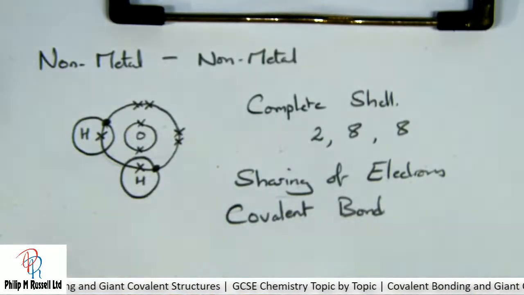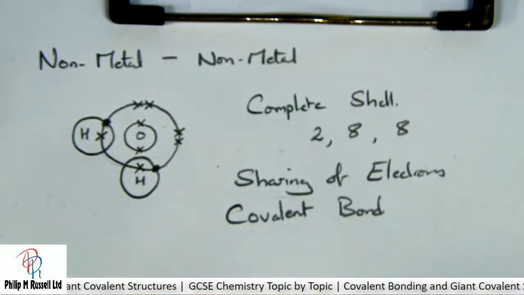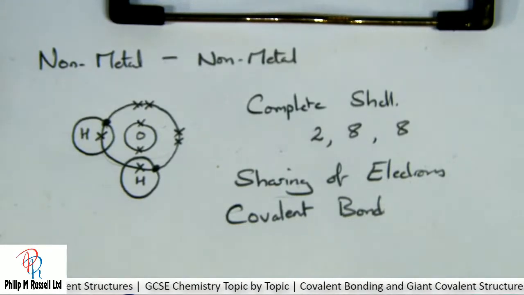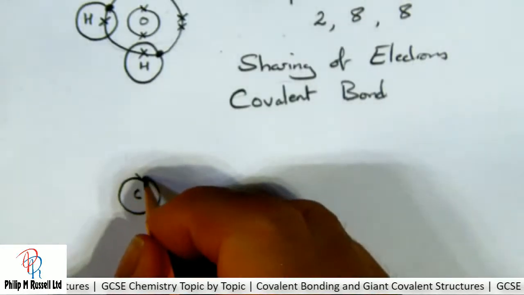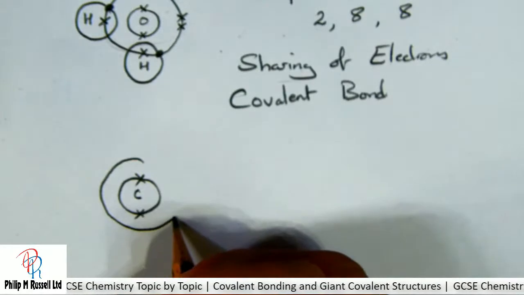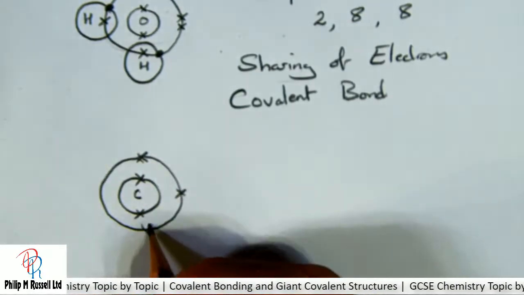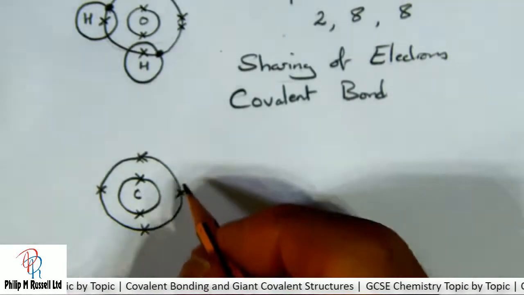Now let's take a different substance. Let's take carbon. Carbon has got here an inner shell, and in its outer shell it's got 4 electrons. 1, 2, 3, 4. When it combines with hydrogen,